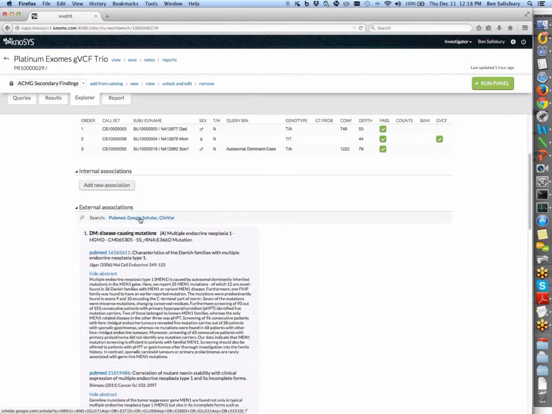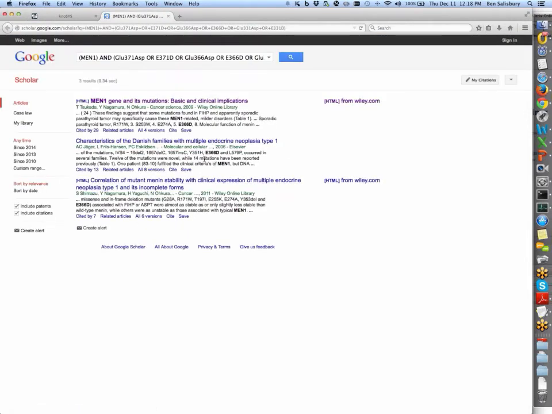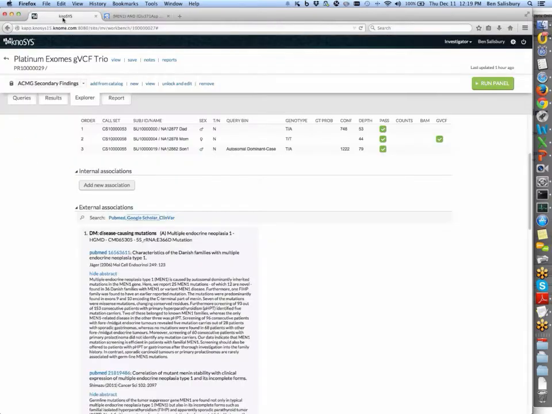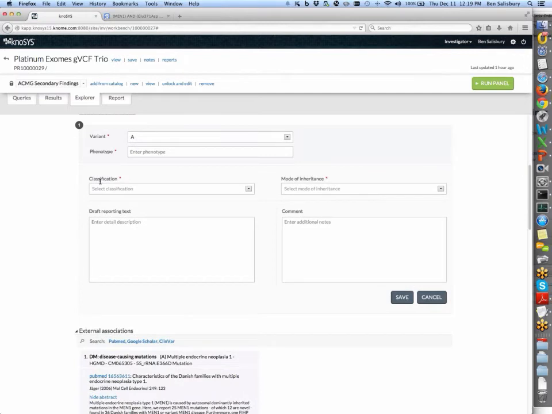If we wanted, we could go search out at PubMed or Google Scholar. If I click the Google Scholar link for the moment, in fact it finds 2 of those papers we were just looking at, and in addition to showing where that variant is in the paper, whether it's in the abstract or in the body, it finds an additional paper up here that wasn't listed, that's a review paper pulling in data from those others. Having reviewed all of that, you likely want to go retrieve some of those papers and look at them if you're really trying to make a final decision about this variant.